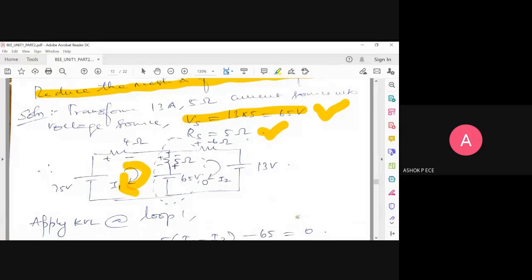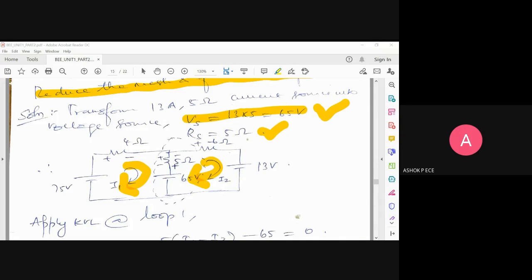And see the second loop, one current from 65 will flow like this. One current from 13 will flow like this. So eventually the higher current will dominate. So naturally current is going to flow only in the clockwise direction. So the current in loop 2 is also going to be clockwise. This is how you have to finalize the direction of current. If you do this correctly, then you will nowhere get the value of current as negative when you solve the equation. So the current direction you have assumed is absolutely correct.